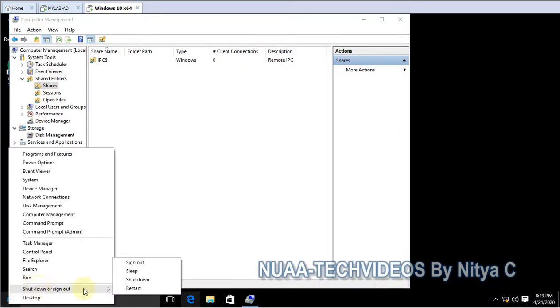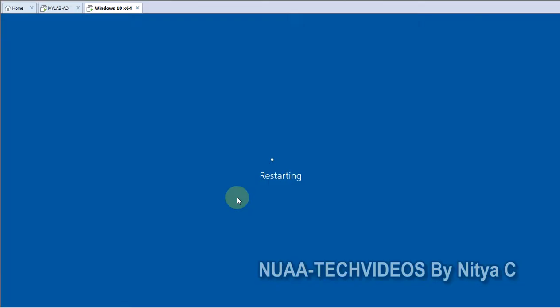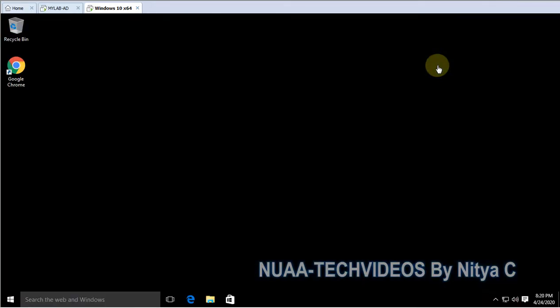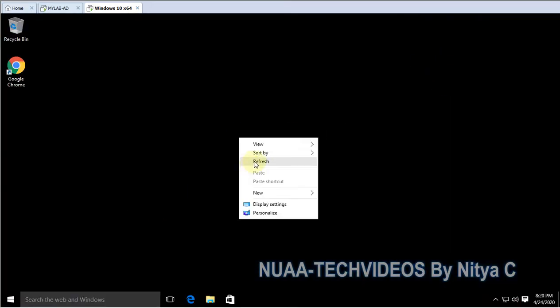I'll take a reboot. This is a computer based policy and it should be rebooted to take effect of the latest settings. The computer is rebooted, and let's verify.